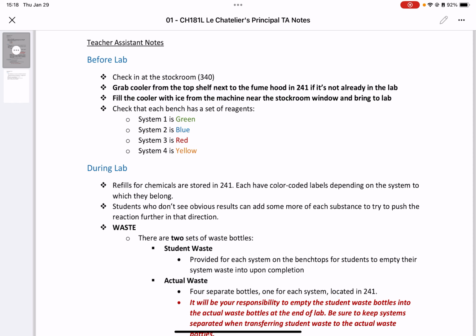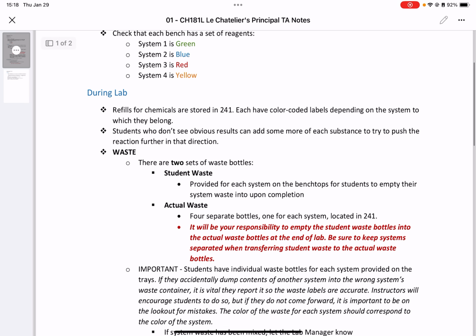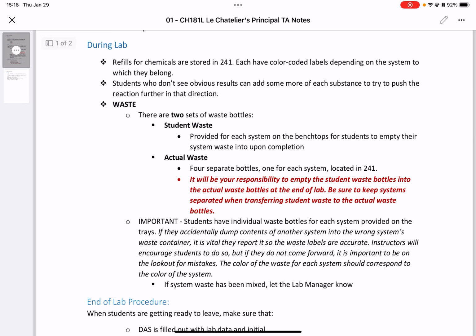And then you want to just double check that you have all the reagents you need for the lab, because it's better that you come prepared, that everything is ready for your lab section before you need it. Because then it's a little bit of a scramble if we don't have time to prepare it. Then it just gives you some notes on what to watch out for during lab and what you want to